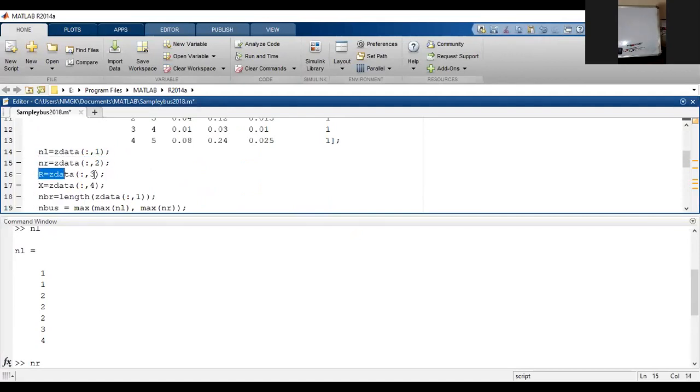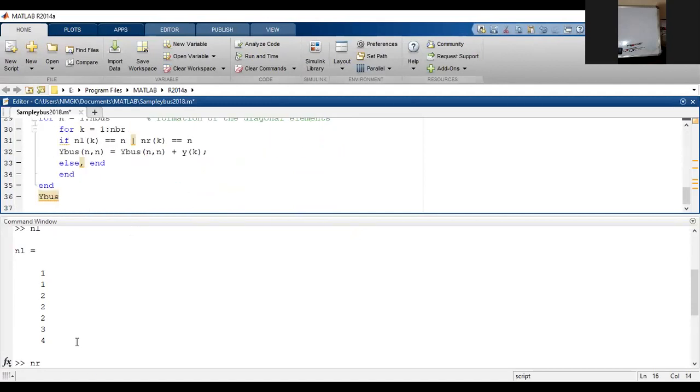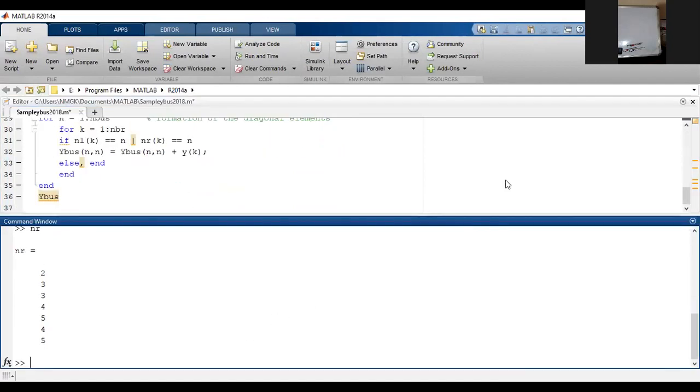This is the second column. Can I see the resistances of the matrix here? R. I'm typing R. Is it all the resistance of the matrix? Yes, sir. Now I am typing X. Is it the reactances of the matrix? Yes, sir.